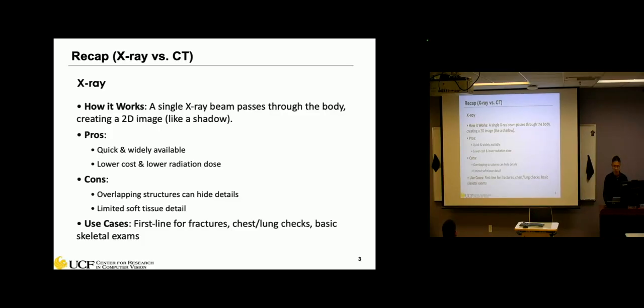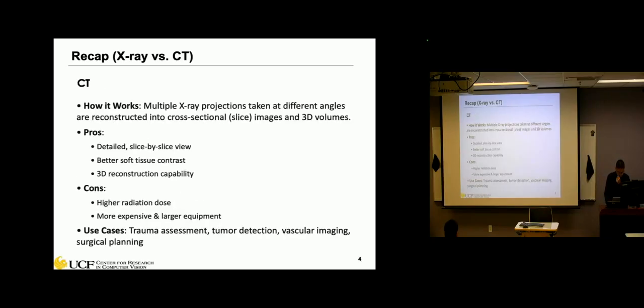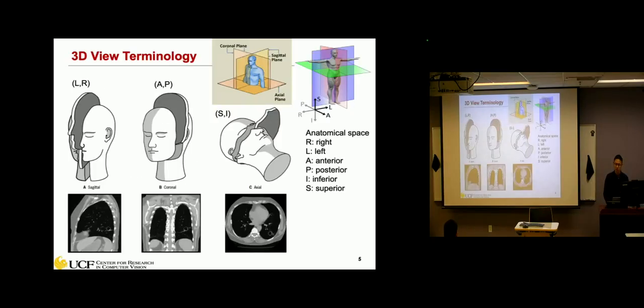The key difference between X-ray and CT is that X-ray is just a single image, but for CT the X-ray source rotates around the body and generates multiple slices. Because of the volumetric, 3D nature, we also talked about different terminologies, like the three different views: sagittal view, coronal view, and axial view. This will be used, and we will see a lot of papers talk about these different views.